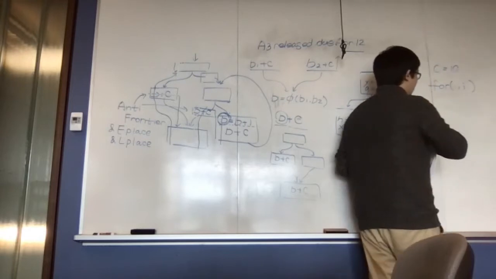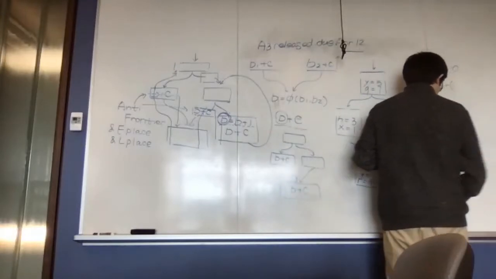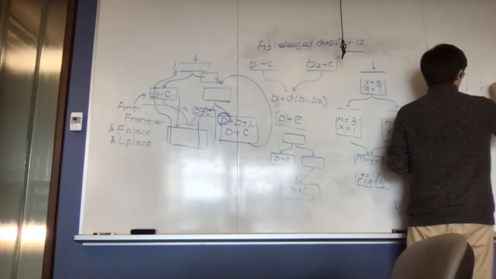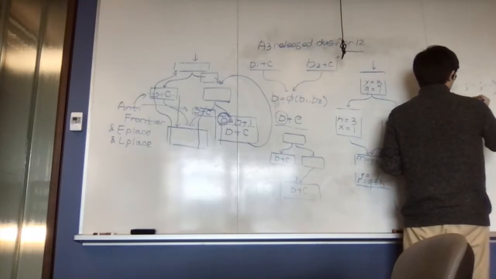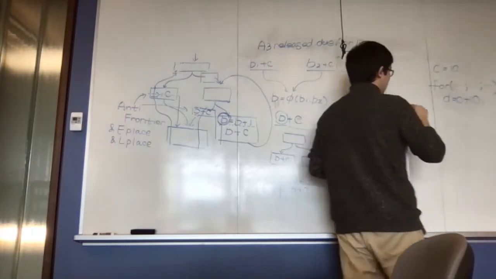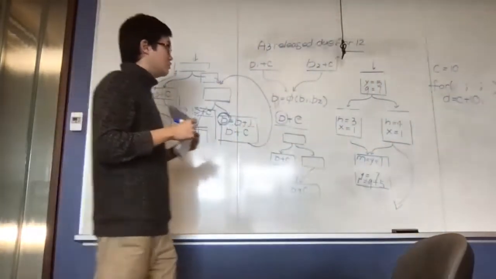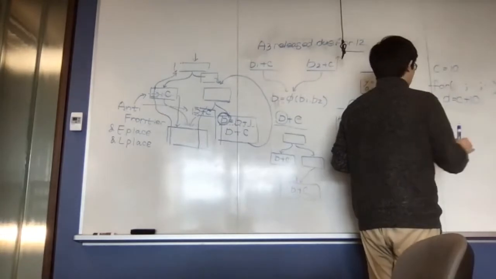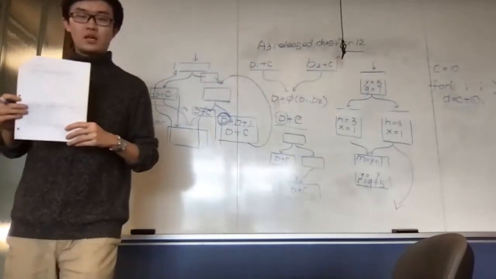And then later on, let's say we have D is equal to C plus 10. So apparently, the instruction D is equal to C plus 10 is loop invariant. The question is, can we